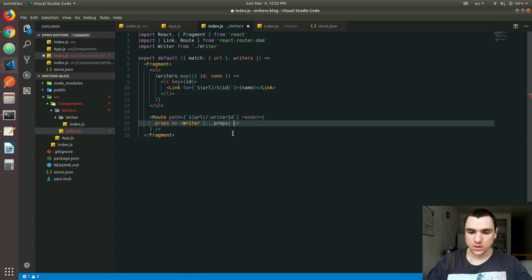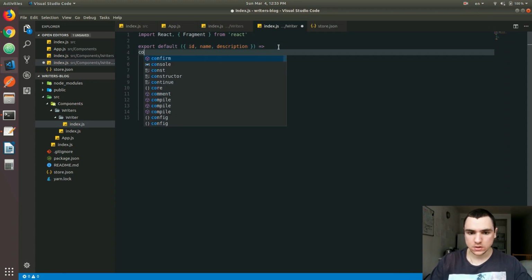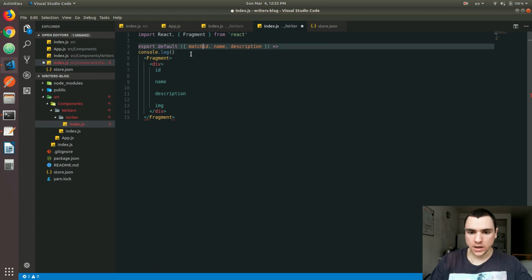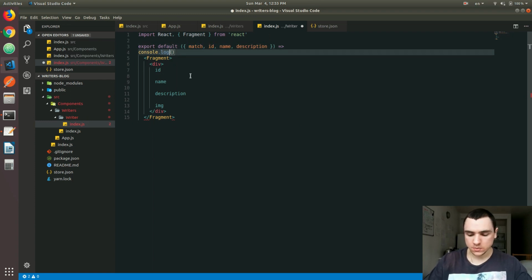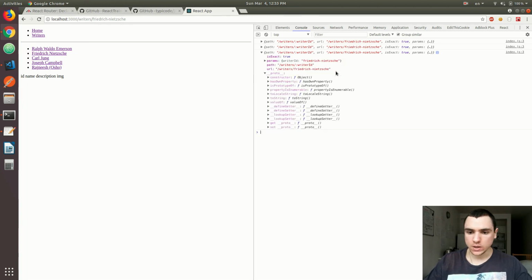In fact, let me just slow down for a second. I'm going to save this. I'm going to go back to the Writer. So what we'll do is, let's do console log. Let's have the match property from the props. Let me just console log that prop. Do that. Let's go back. And as you can see here, let's say I click on Nietzsche. When that happens, we get some of the information regarding the matched URL. So we get the URL itself, we also get the path, and we get the params that contains the ID